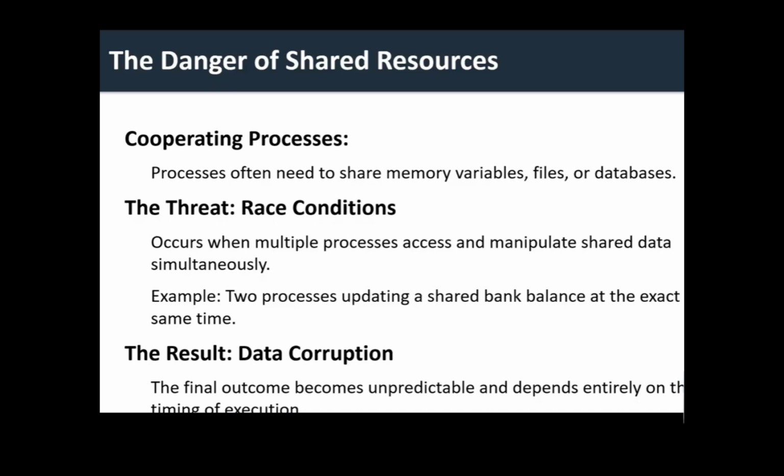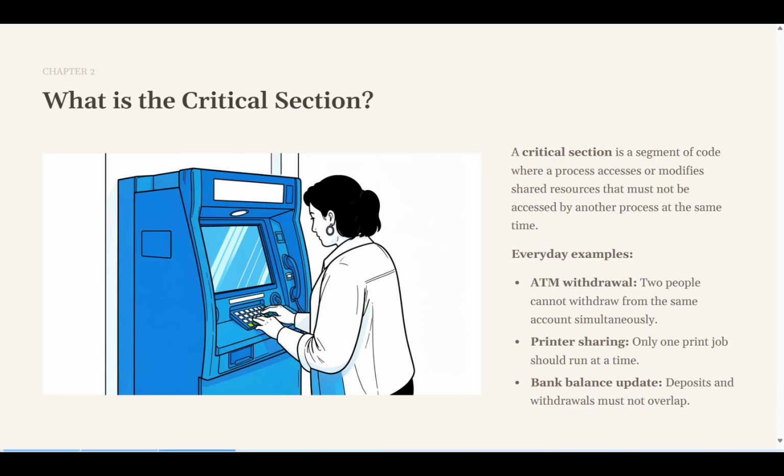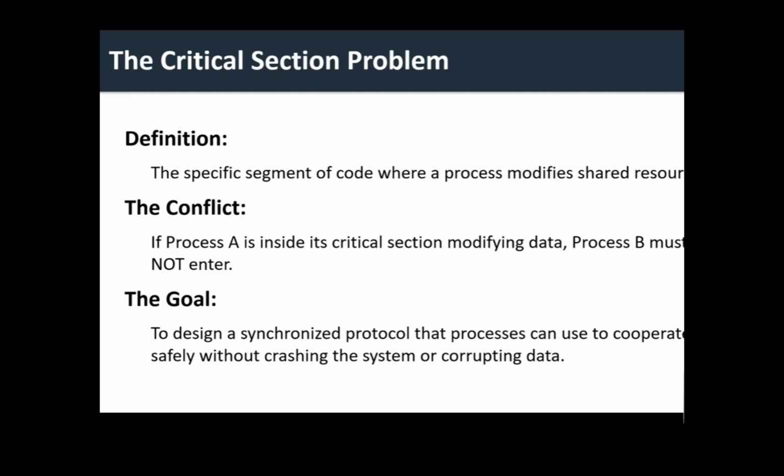We want this thing to not happen, so we jump into the critical section part. It's a specific segment of code where a process modifies a shared resource, right? The conflict: if process A is inside the critical section modifying data, process B cannot enter and must not enter, so the race condition will not happen. What is our goal? To design a synchronization protocol that processes can use to cooperate safely without crashing the system and